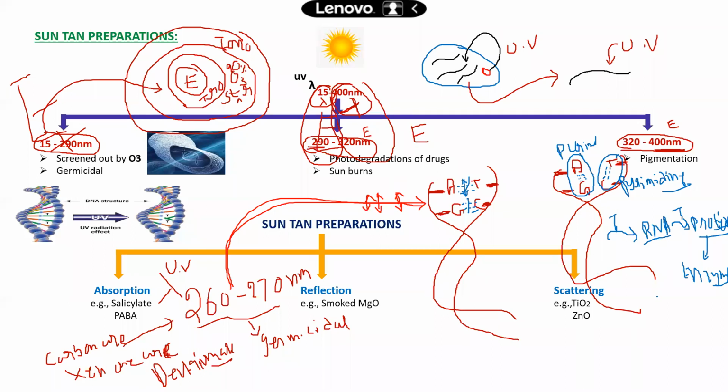Because like you also take breakfast, lunch, and dinner. Who will digest these things? Who will break down the large starch grains into smaller ones? Who will break down that large chapati into small pieces? That is enzymes. Enzymes are proteins. How are the proteins produced? From RNA. How is the RNA produced? From DNA. So once you damage the DNA, there is formation of